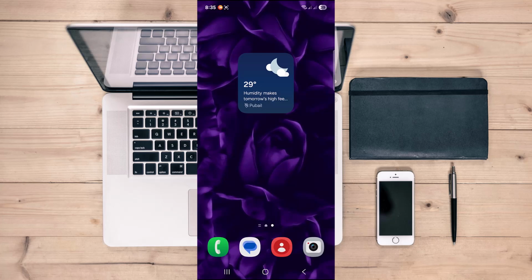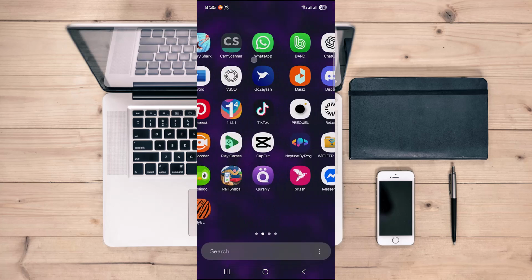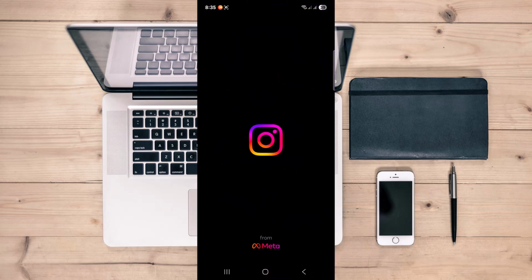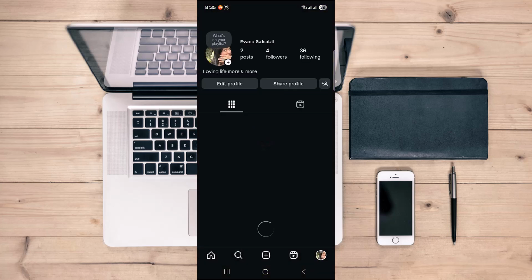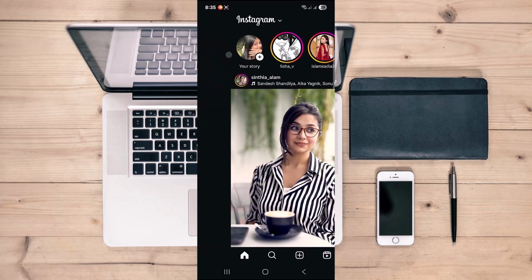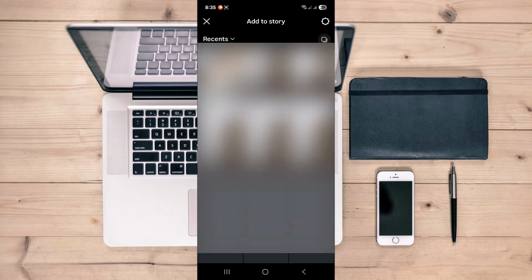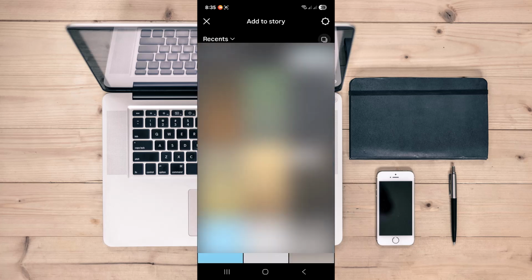In today's video, you're gonna see how to create a poll in Instagram stories. So head over to the Instagram application first. Once in there, make sure you log into your desired account and then head over to the profile. Now go to the story section, select a photo. From here, select a photo